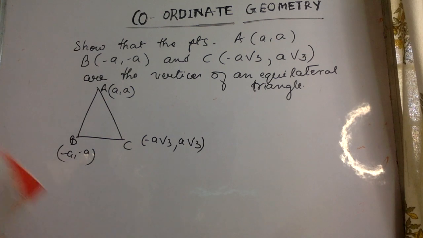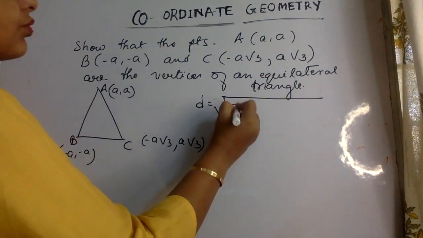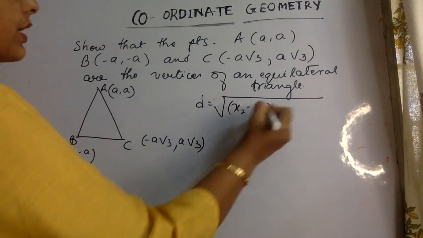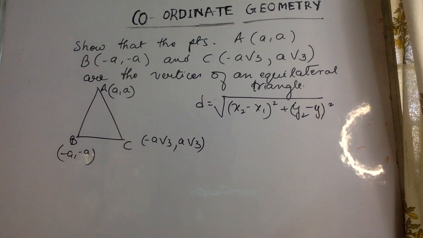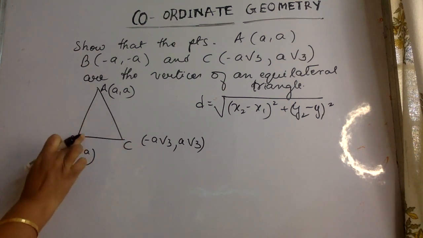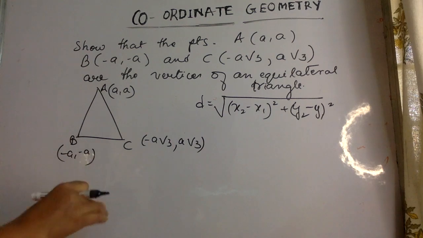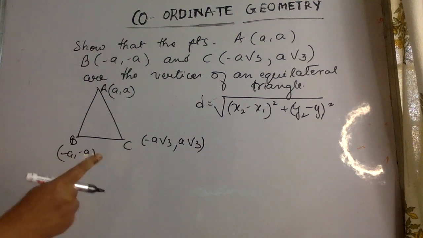So we'll start from the distance formula. As you know, the distance D between 2 points is the square root of (x2 minus x1) square plus (y2 minus y1) square. This is the distance between 2 points, so we are going to use that here. We'll find the distance of AB, the distance of AC, and the distance of BC, and we shall show that all the distances are equal, hence it forms